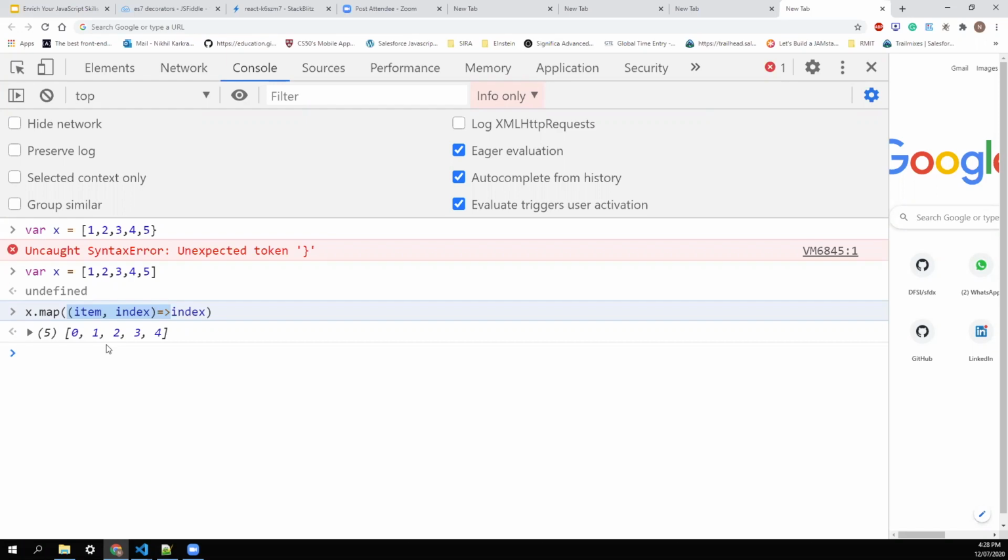Everything in JavaScript on the browser side points to window, but if you run it from Node.js, there it's global, not window. So window never runs on the server. Window runs only on the client side, that is the browser.